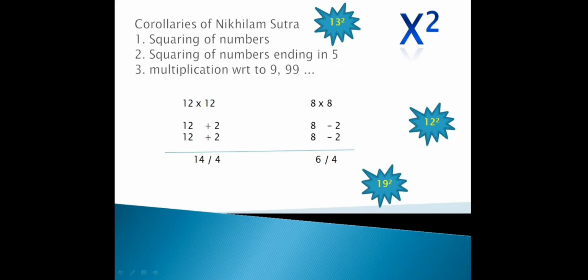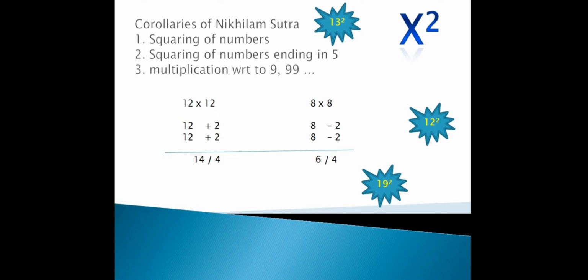So these are the things we are going to discuss today. Coming under the curly rays of Nikhilam Sutra, we are going to discuss three things today: squaring of numbers, squaring of numbers ending in 5, that is a special case, and multiplication of 9, 99 and 999, these numbers